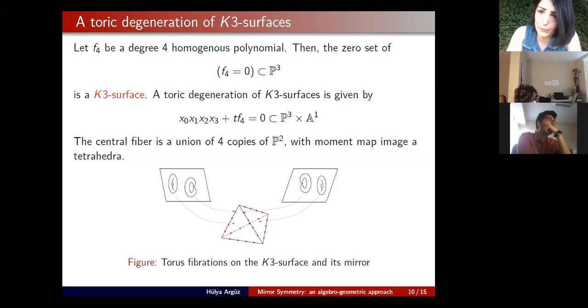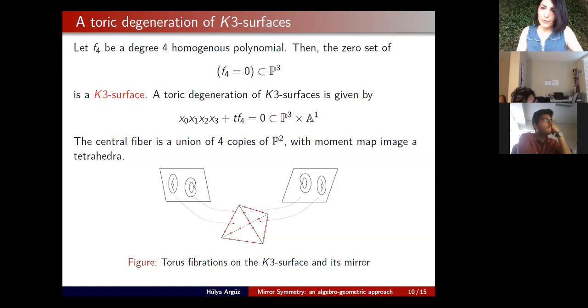Because first you need to build the dual central fiber. And in general, if you need to build the central fiber as a union of toric pieces, there are a lot of ways to glue these toric pieces. So if you have a triangle, you have one copy of P2, there is another copy of P2, but you first need to decide how to build the central fiber and tell how to smooth it. But you don't know how to build the central fiber out of this B already, because you don't know how to glue different toric pieces together.